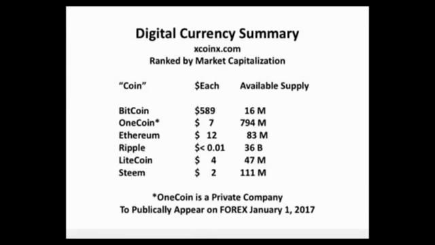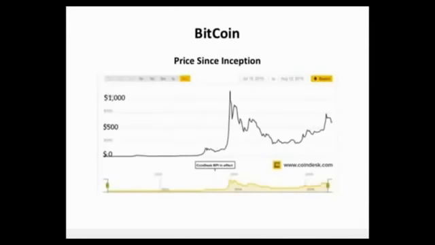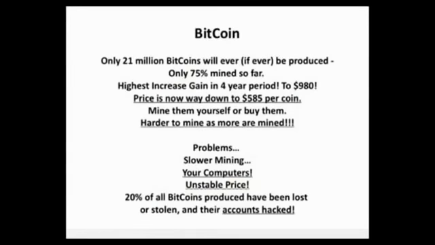The next slide shows the history of Bitcoin. Since it came out, it was pretty flat at 1 cent or 10 cents or 5 cents. Then it became popular, shot up, boom, to $1,200, and then we had what normally people would call profit taking. It had a fall all the way down to about $250, a slow rise back up to $750, and recently fell down below $600. And the next slide shows kind of why that is true.